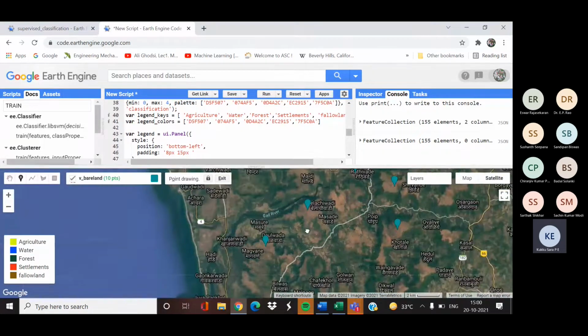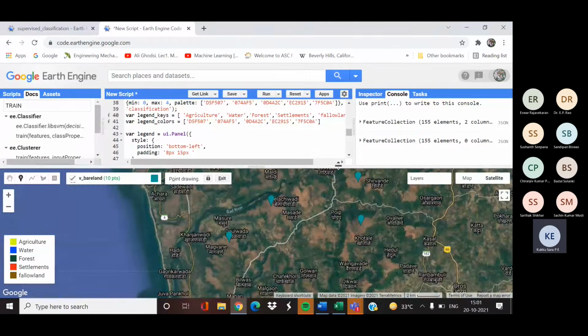So we collected 10 validation points for each of the classes.